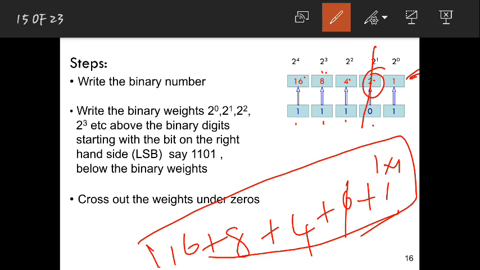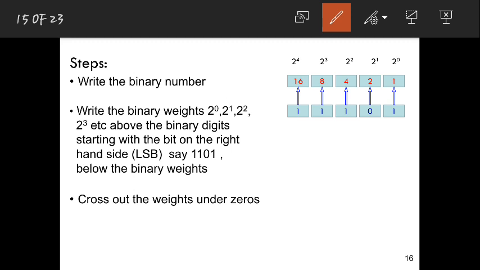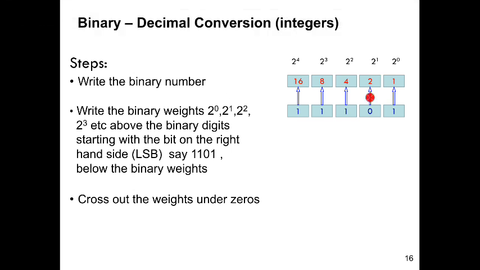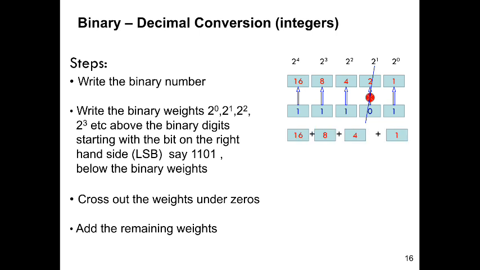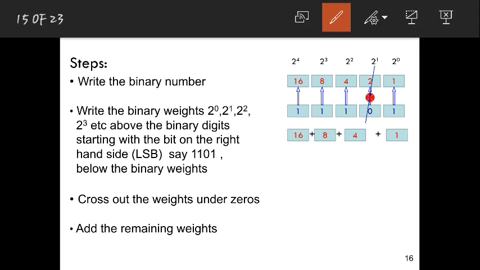That is nothing but this is your 16. Okay, 16, 20, 28, 29. So this 11101 is the binary value for 29. Is that fine? See, he has just struck off this 0, because 0 into something is always 0. How to calculate that is in this pattern. Add the remaining weights. That is what we just did. So we just removed the 0.